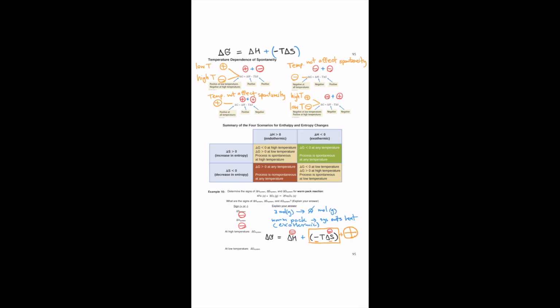And the big positive value will override the negative delta H. Therefore, in this case, the result of delta G would be overall a positive value. In this case, we can say that it would be non-spontaneous in the forward direction